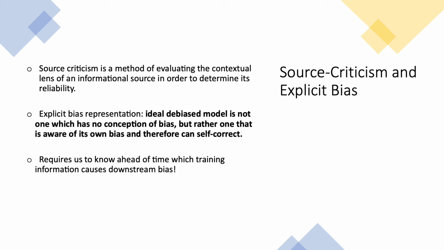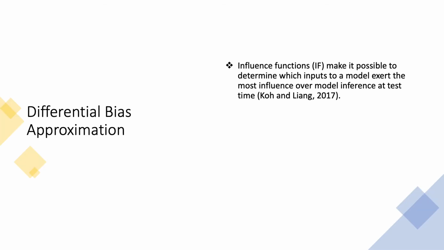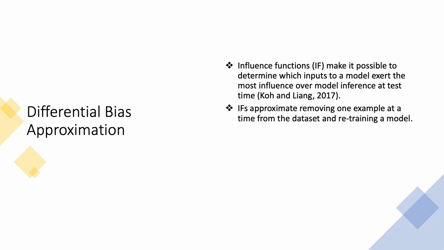However, this approach requires us to know ahead of time which training information or subset causes downstream bias. To do this, we need influence functions. Influence functions make it possible to determine which inputs to a model exert the most influence over model inference at test time. And essentially what influence functions do is that they approximate the result of removing one example at a time from the dataset and then completely retraining the model, which would be computationally intractable on its own, but these